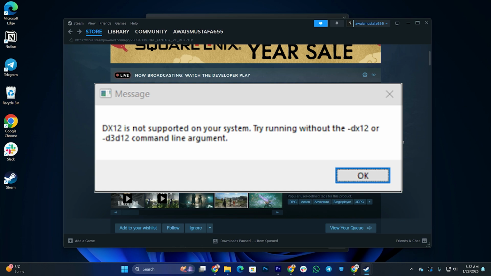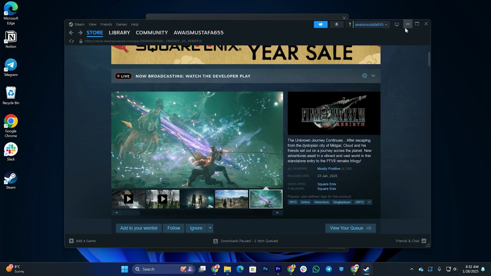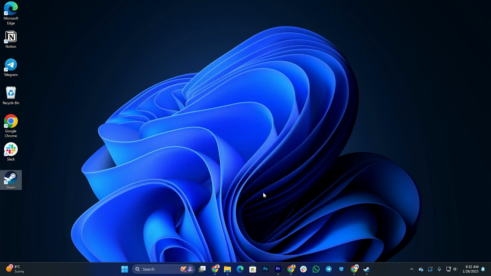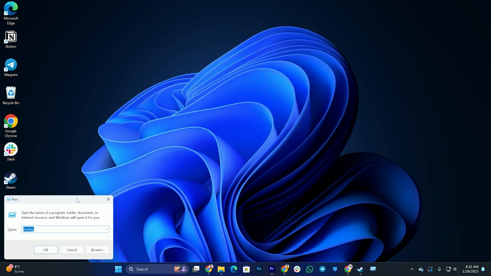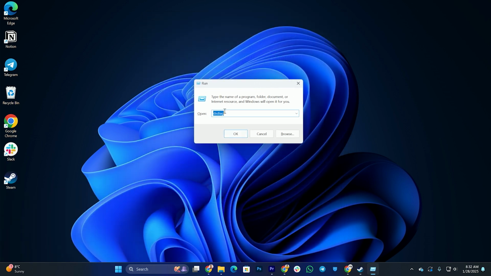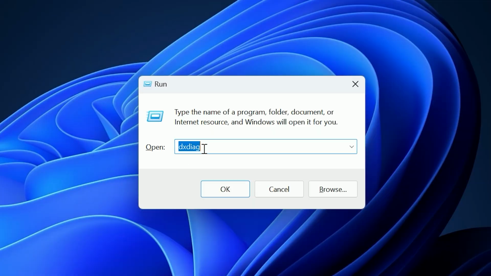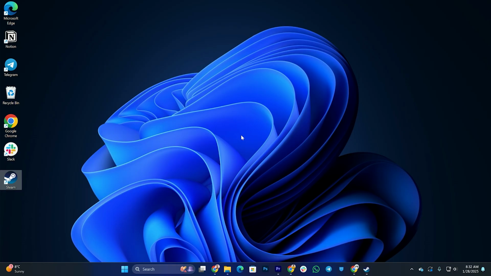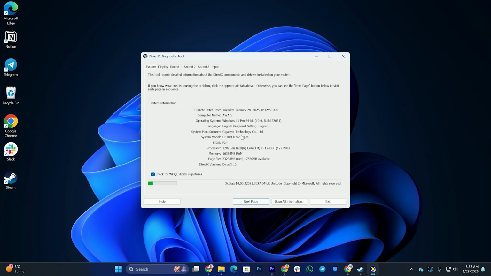How you can fix Final Fantasy DirectX 12 error. So the first step that you need to do is to simply press Windows plus R on your keyboard and type this, DXDIAG, and click OK. Once you enter this command, it is going to open up this new window where